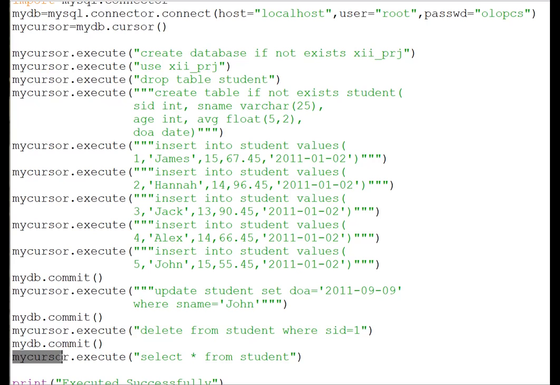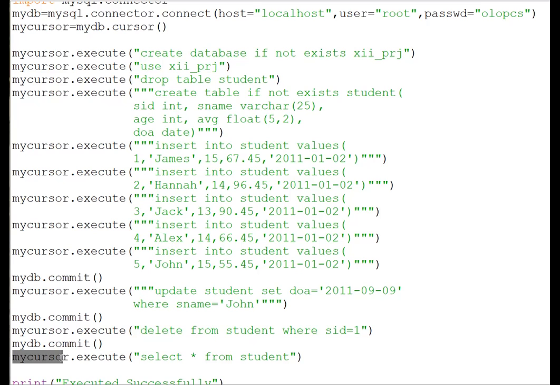Fetch all means you want to fetch all the records. Fetch one means you want to fetch only a single record. For example, you have written a where condition and only one record was there, so that time you will use fetch one. And if few or multiple records are there, that time you can use fetch many.